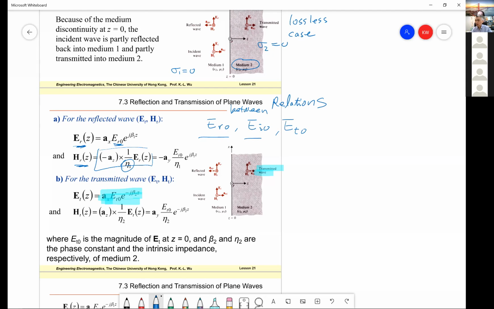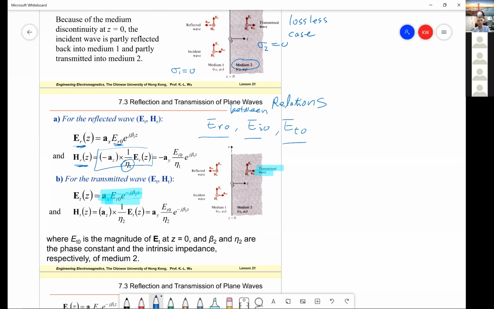Between these three things. All right. How to find this basic relation between them? How to find the basic relation between them? Okay. How to find? We said no matter how complex or how simple an electromagnetic wave problem is, two things